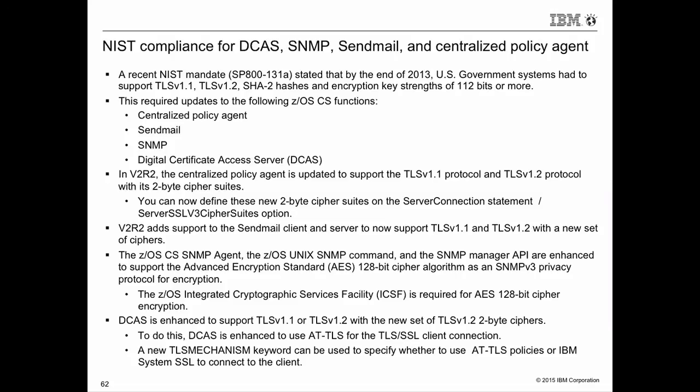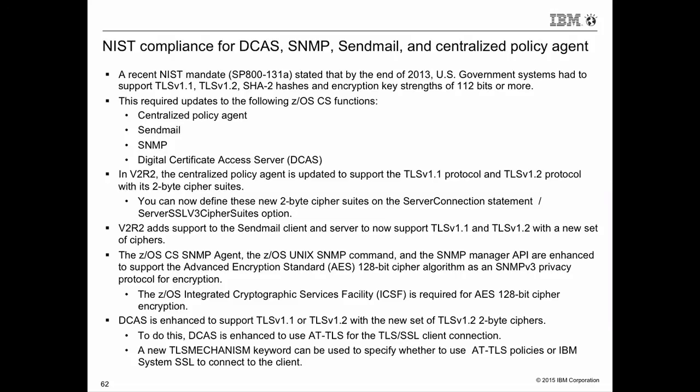Our IPsec had long tracked to these specifications. AT-TLS was compliant with any of this stuff by the time V2R1 shipped, because that's where we included support for TLS 1.2. So we were in good shape on a broad basis, but we had a few holes, and that's just in the second bullet, the list of functions you see there: our policy agent, our Sendmail, SNMP, Digital Certificate Access Service, or DCAS. All of those were applications on z/OS Communications Server that were not fully compliant with this